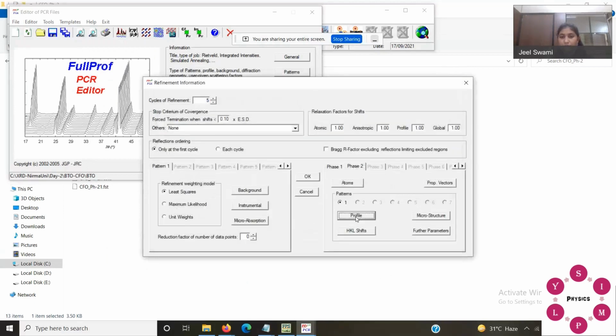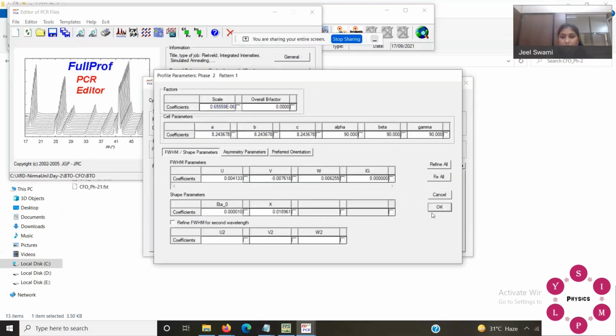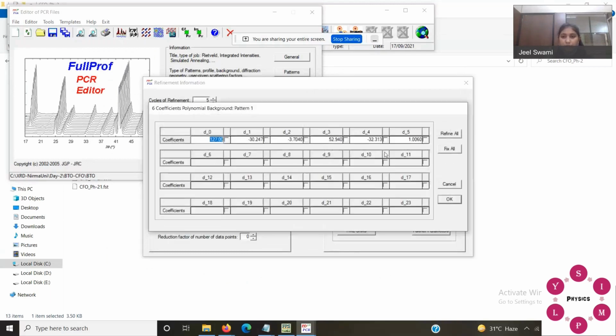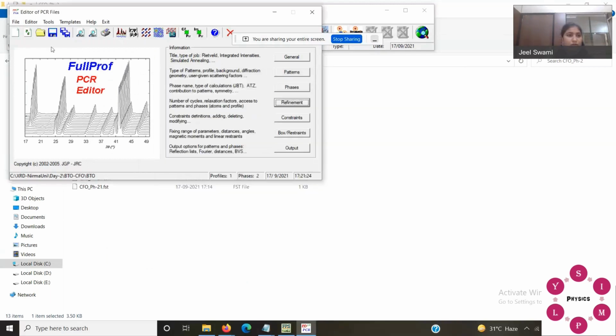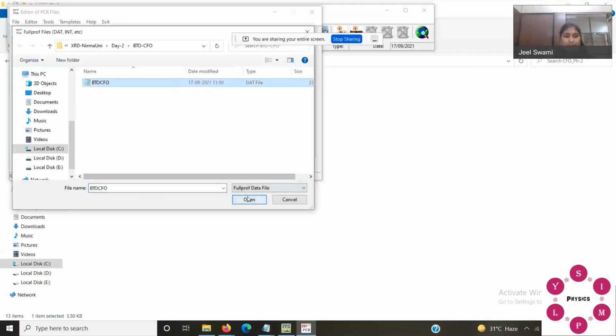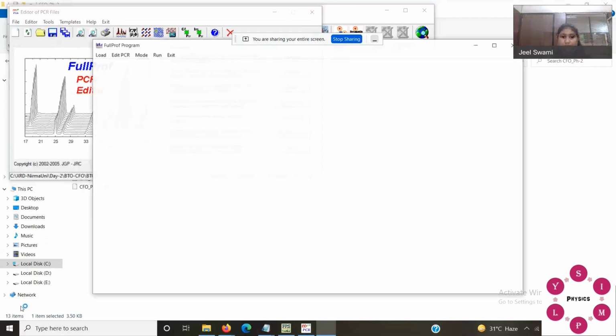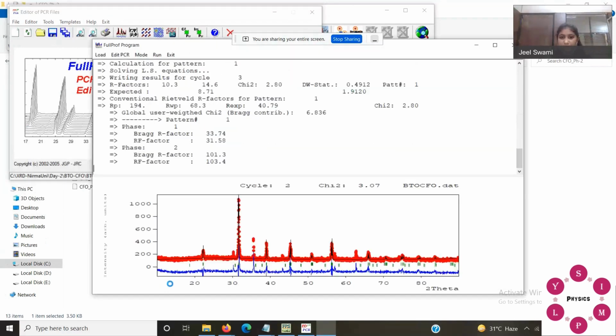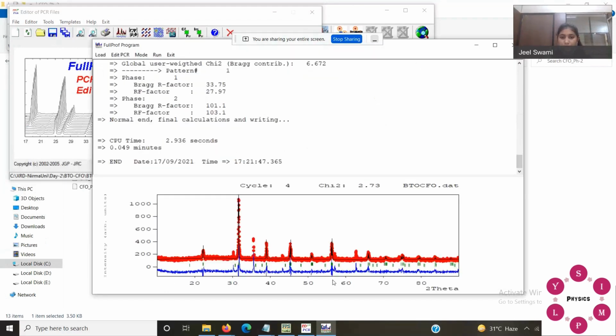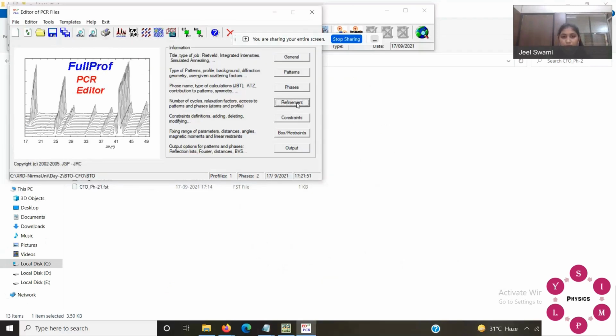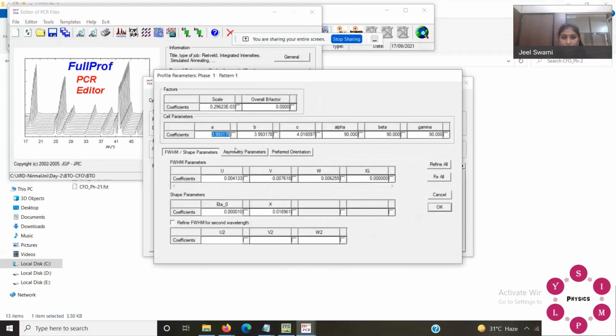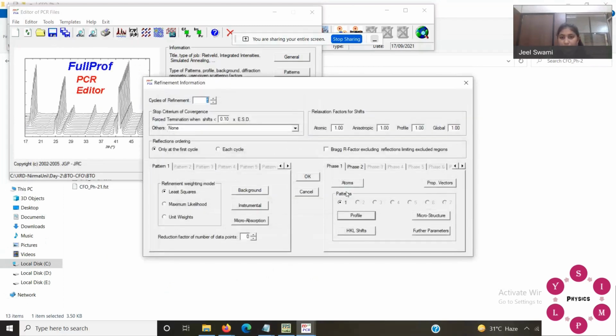Okay. For phase 2. Okay. Now we do background again. Parameter of growth and scale. Okay, so now we do the latest parameter for phase 1.